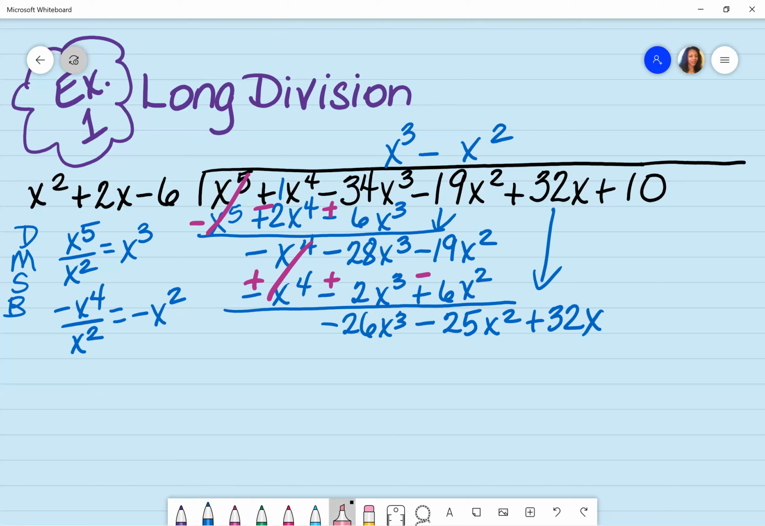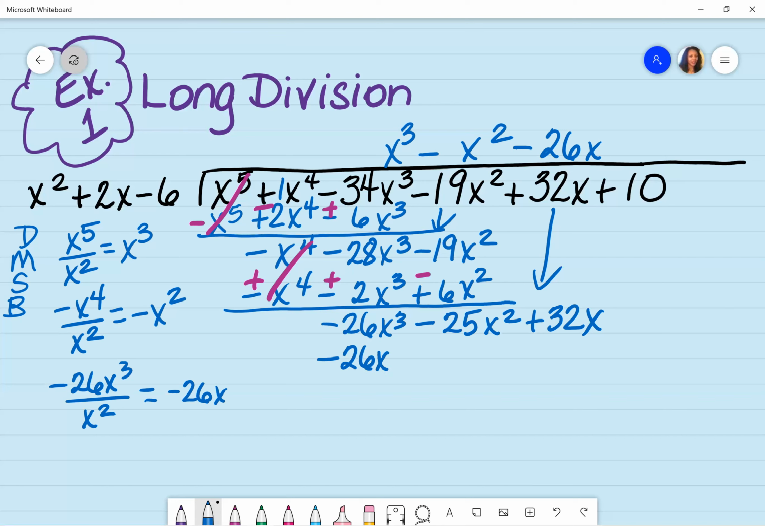Start the process again. Take my first term divided by my first term of my divisor. Negative 26x cubed divided by x squared is negative 26x, 3 minus 2. That's where I'm getting that from. So negative 26x. And I take that, I multiply times all of my divisor, which is going to give me